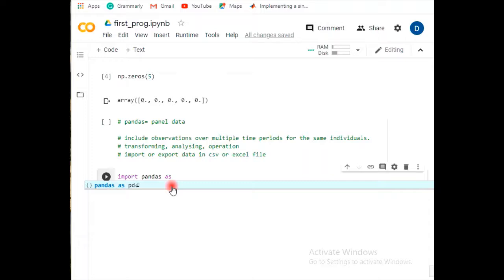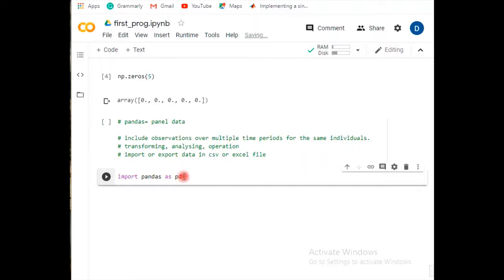I'm giving it as pd. Generally, in most programming, you get pandas as pd. That has been stored here, and execute this one. Now it is executed. So wherever required, the pandas library can be utilized with the short name pd.